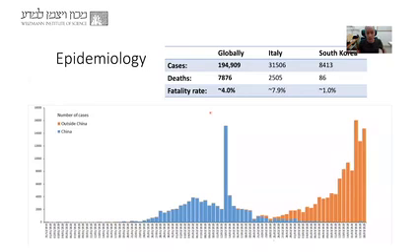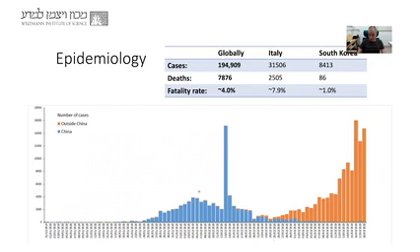Now, a little bit about the epidemiology of the virus. Here you can see data that I pulled, true for this morning, but unfortunately it's changing very rapidly, by the hour. And here you can see the number of new cases reported by the days. In blue, you can see the reports in China at first, and then in the rest of the world.